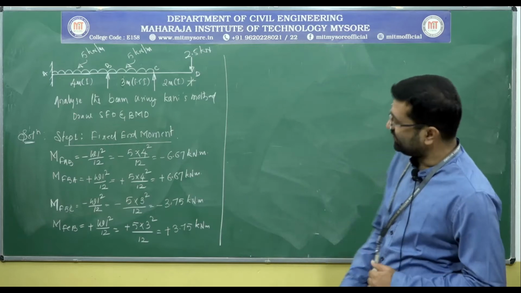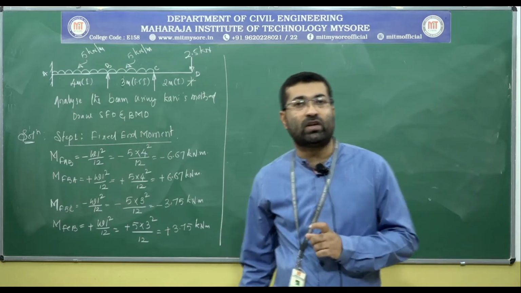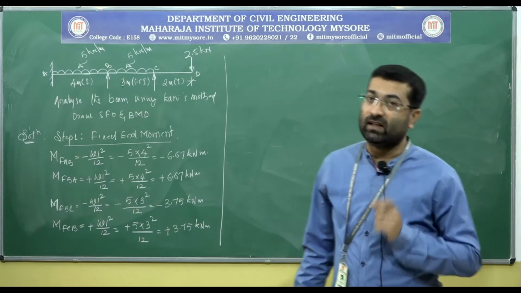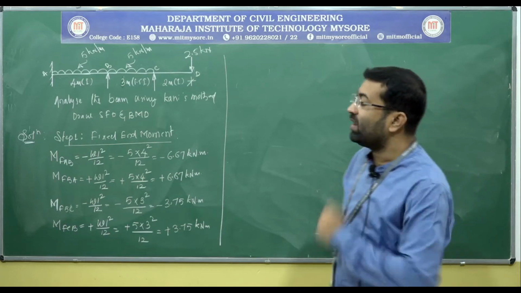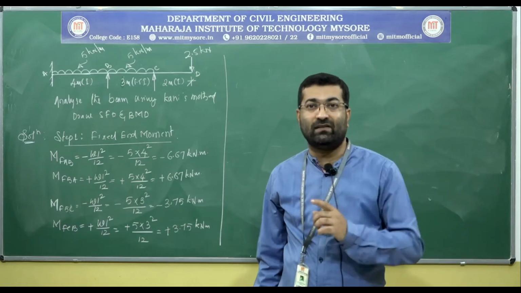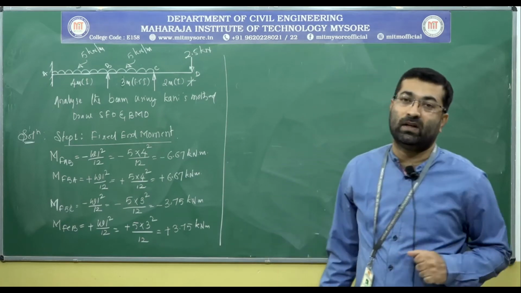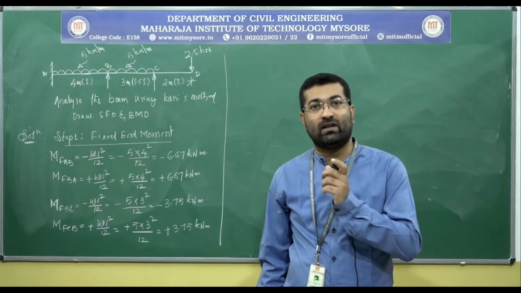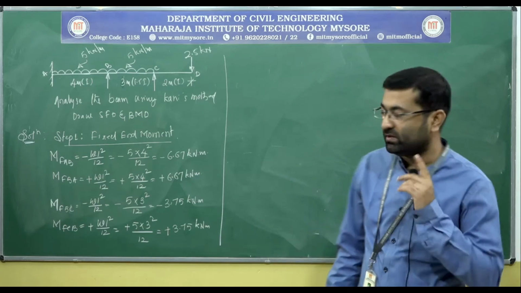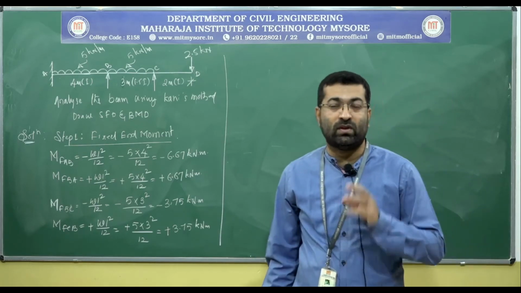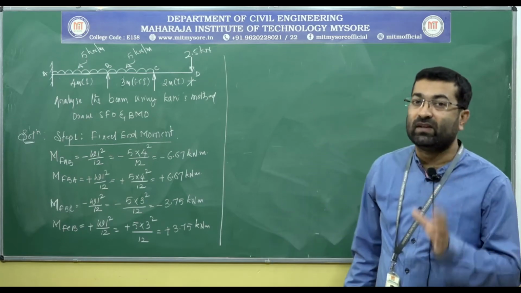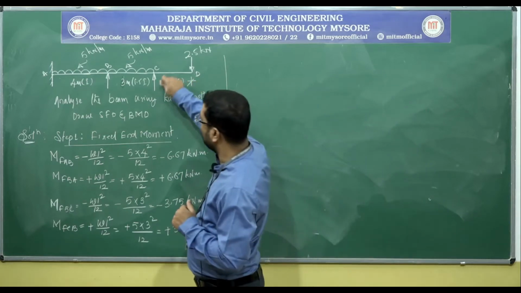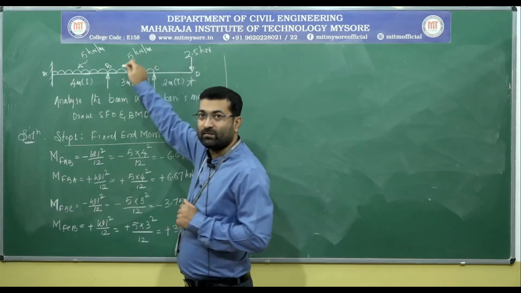Now here you can see there are two things. One is that a portion of the beam is overhanging, so for that we have to calculate the final end moments. The other is that one of the end supports, support C, is an end support and is simple in nature. We all know that whenever we are dealing with end supports other than fixed, whether it may be a hinge, a roller, or a simple support, we need to modify the fixed end moments for that particular span. See here, for the given problem, this C is simple in nature.